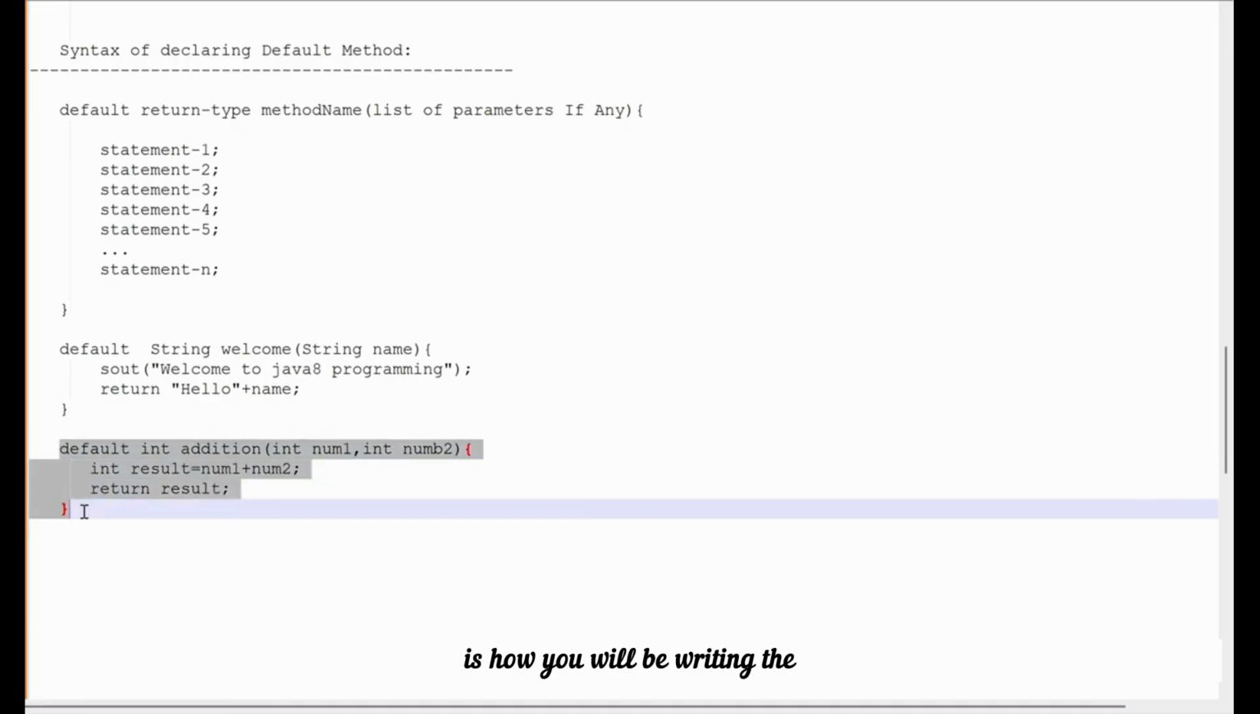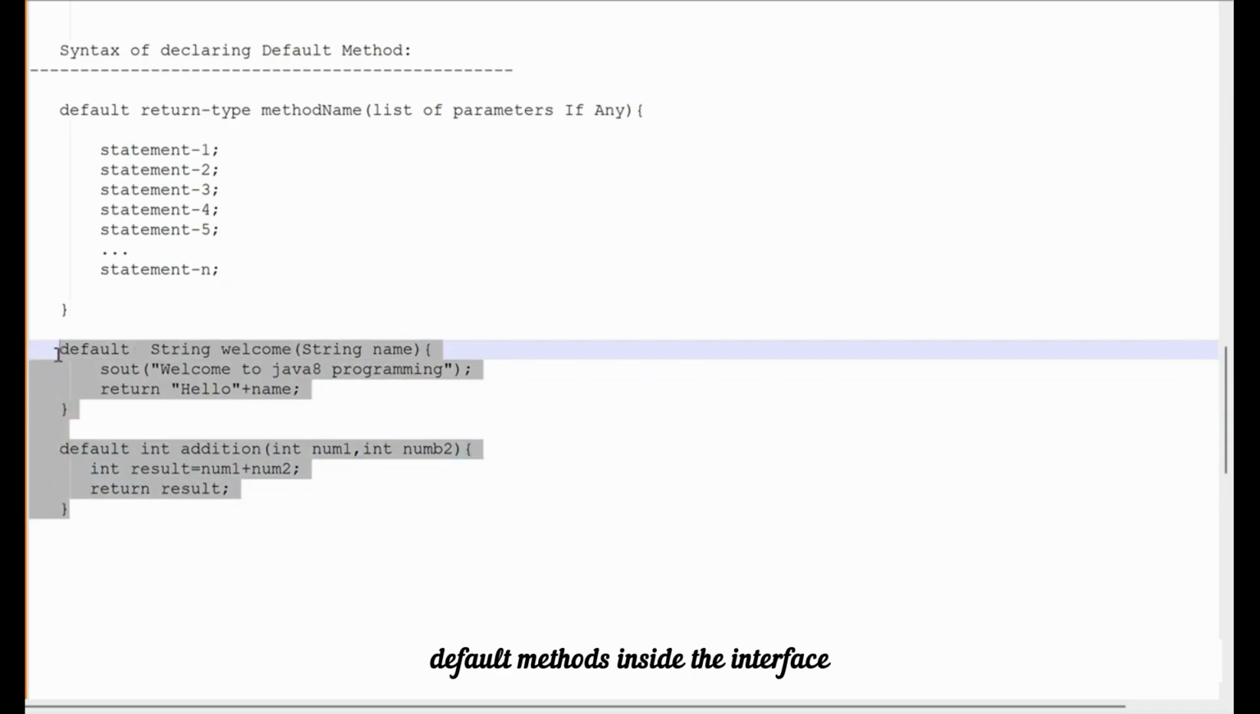So this is how you will be writing the default methods inside the